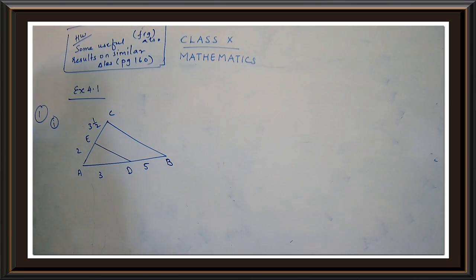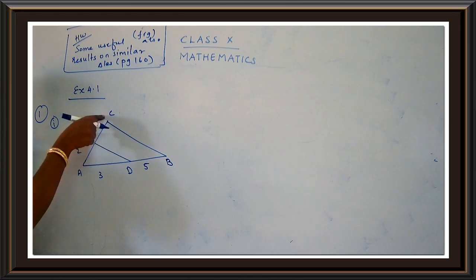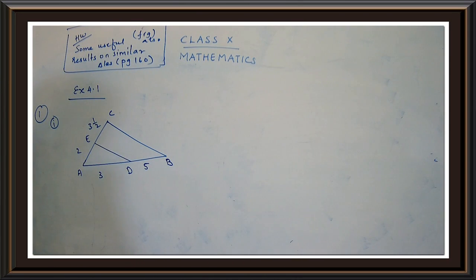So here, no other information is given, only the measurements of some sides are given. So we are going to use the sides and check whether the triangles are similar or not. First of all, we are going to choose a triangle, and how to choose a triangle, that's a very important work. So I'm going to take the triangle AED, the smaller one. In which direction am I going? I am going in this direction, like AED. So if I am choosing AED, that means I have to choose ACB. Follow the direction properly.